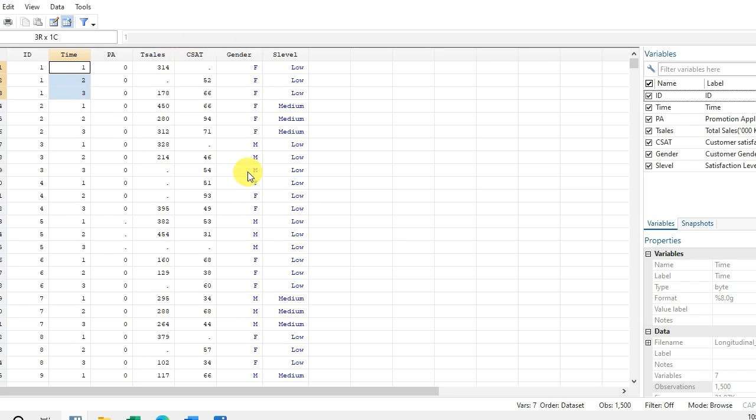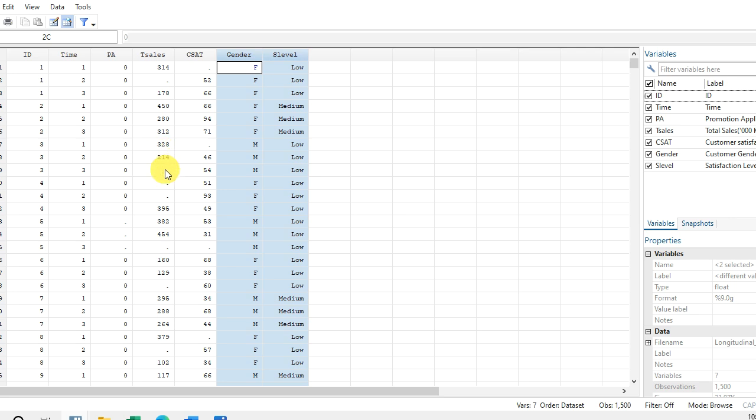As I said, in this we have categorical data at some point, and also missing data. So I think now you have a clear difference between number one, time series data; number two, panel data, or what they call cross-sectional time series data; and number three, longitudinal data. Now that you have a clear understanding of these three types of datasets,